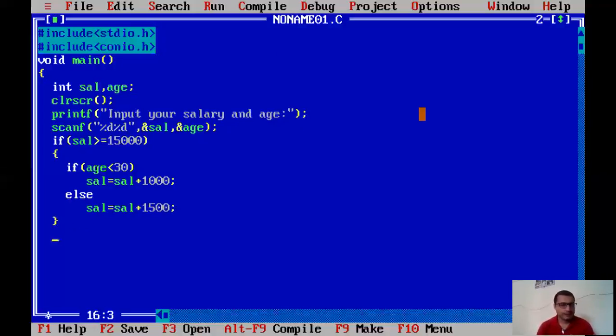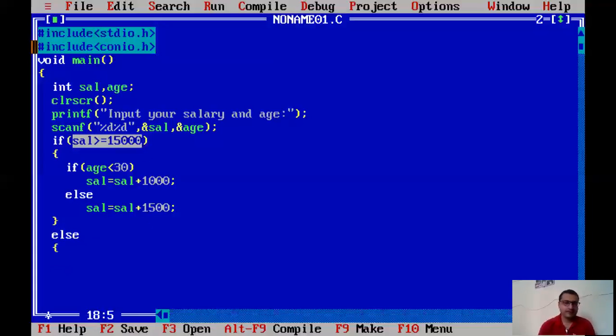Now what can be the other possibility? Now I am going to use this else. We come to this else part only when the outer if condition is false. That means salary is not greater than or equal to 15,000, so it is less than 15,000.